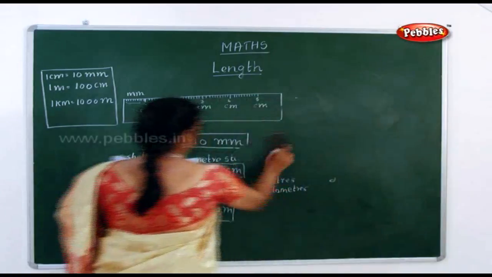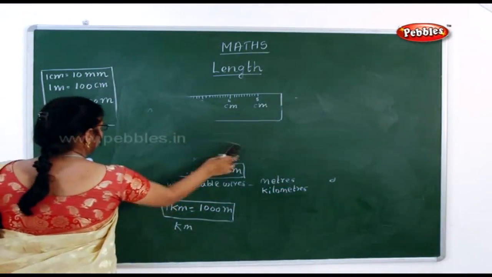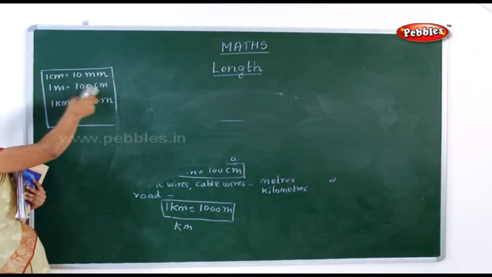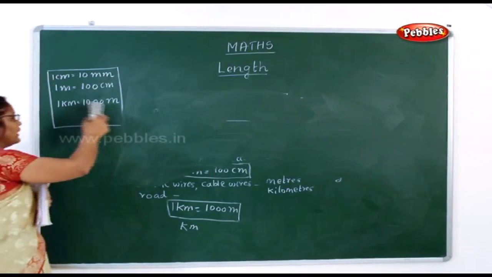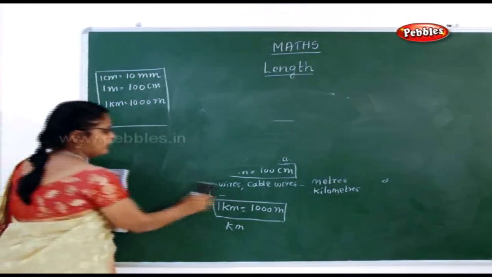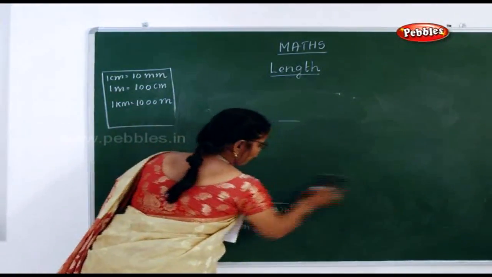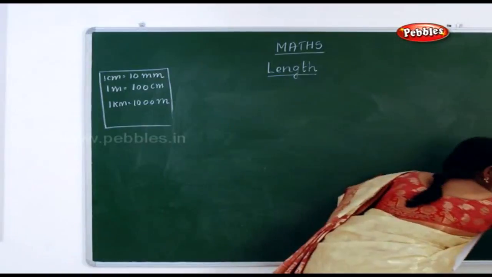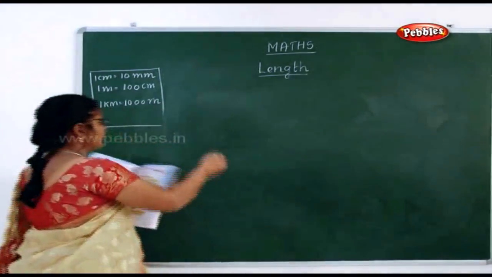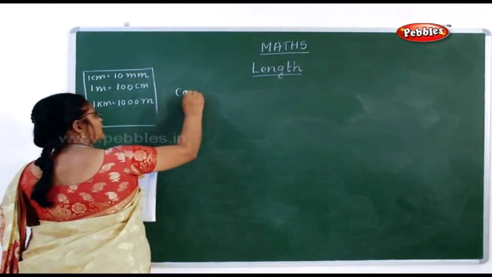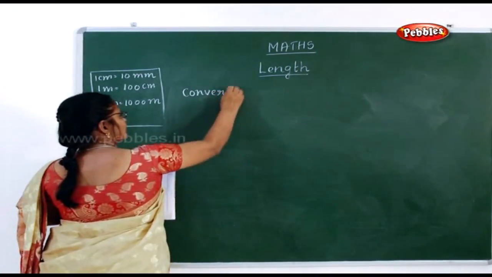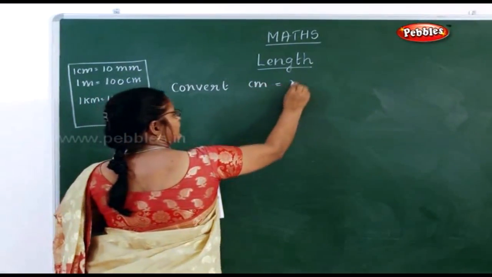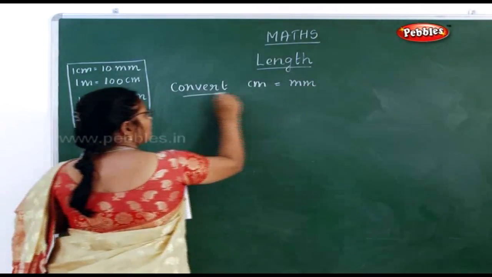Now, next one. This you have to learn by heart. 1 centimeter is equal to 10 millimeter, 1 meter is equal to 100 centimeter, 1 kilometer is equal to 1000 meter. You have to learn by heart, because with these formulas you have to do most of the sums in your book. Now next one, there's one question they have asked. You have to convert